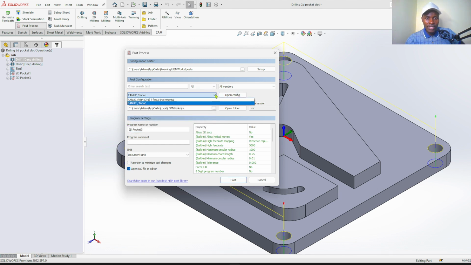Here, select Fanuc/Fanuc, and the program name or number should only be in digits. So let's say 1, 2, 3, 4, just like that. Proceed to post.